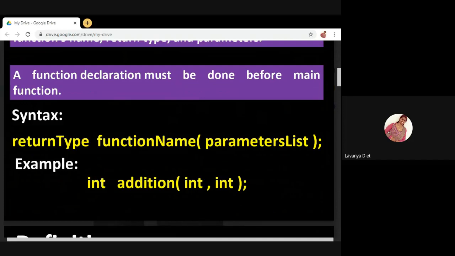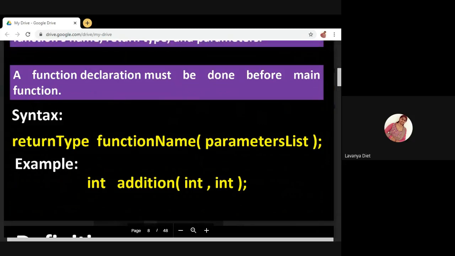What is the data type? You are adding two integers. What is the data type for those two integers? Int comma int. This addition function is performing the addition operation, and this function is returning some value. After adding, this function is returning the result. What is the type of the result? If you add two integers, integer value plus integer value, what is the result? The result will be an integer, right? So this function is returning an integer value.